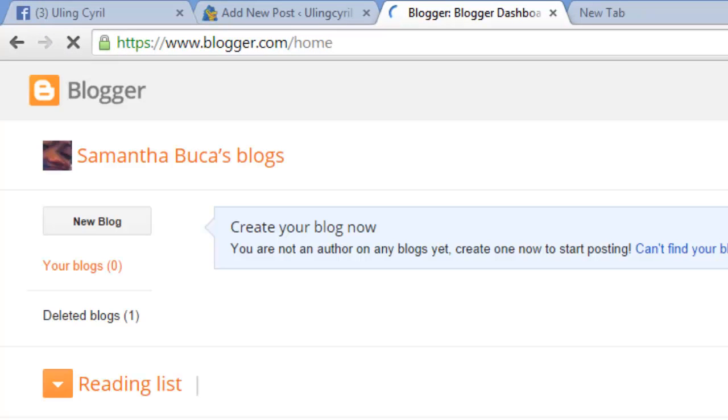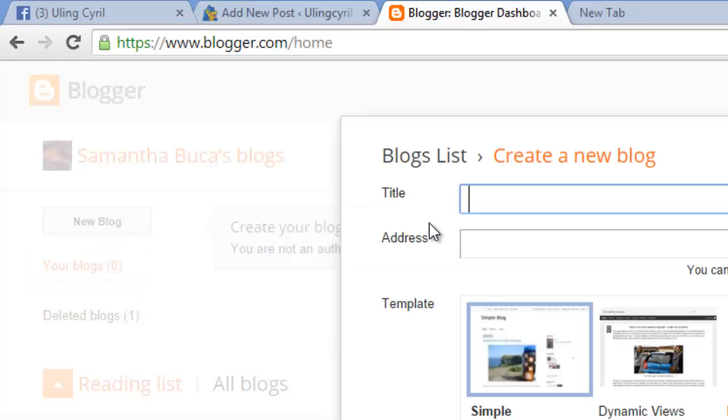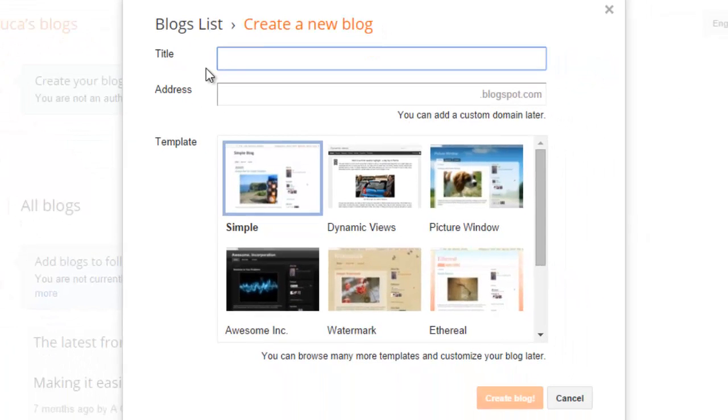And once you have signed in, you will be redirected to the dashboard of the blogger.com format. Now, to create a blog, you have to click this new blog button. You will be asked for a title, and for the sake of this tutorial, I'm gonna use how to create a blog using blogger.com,